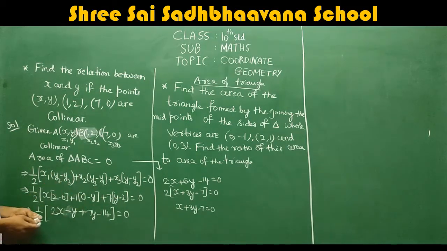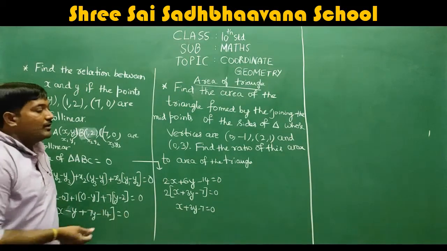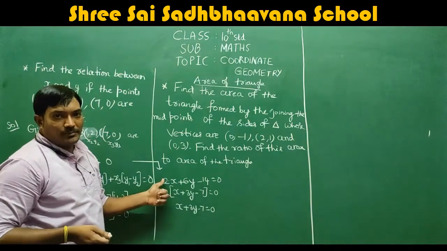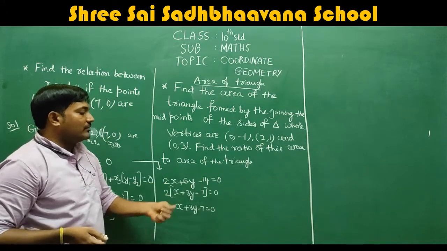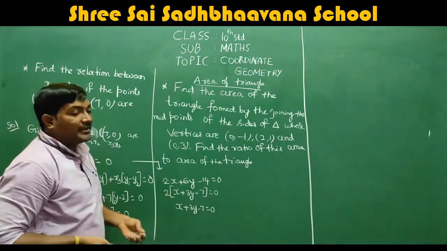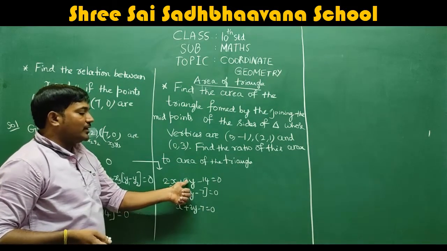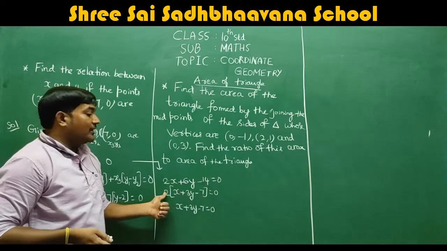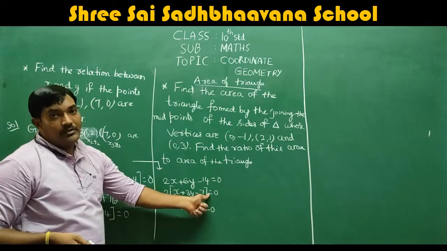Send this 1 by 2 to the other side. So when you send that, this will become 0, correct? Because 0 into 2 is 0. So 2x plus 6y minus 14 equal to 0. Take 2 common from this, because all are factors of 2, obviously 14, 6 and 2. So take 2 common, you will be left with x plus 3y. Because 6, when you take 2 out, you will have 3 there. Again here, 14 can be written as 2 into 7. If you take 2 out, what will be left? 7. So x plus 3y minus 7 is left out here.